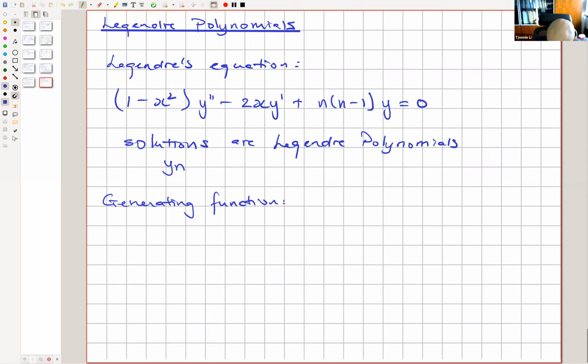Now, what is a generating function? A generating function is simply one that I can write in this form. G is a function of x and some label h. Okay, well, let's make this n. It's easier to follow n in such a way that G equals the sum from n equals 0 to infinity of f_n of x,